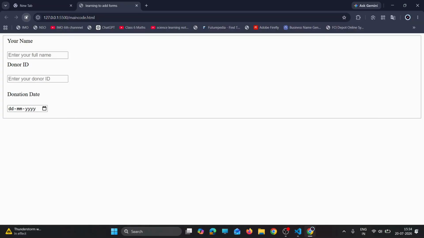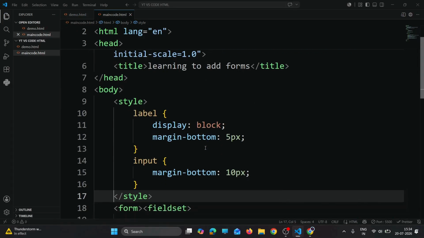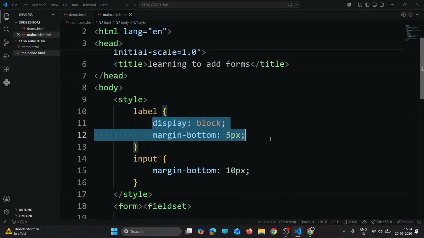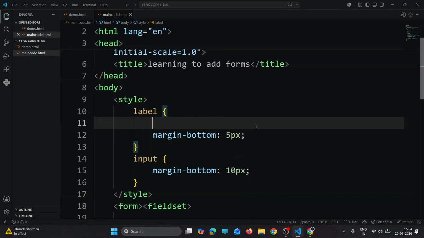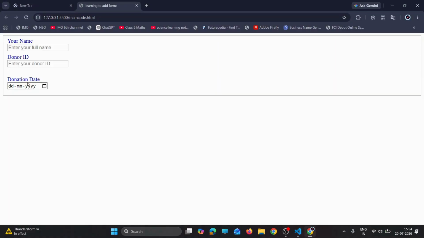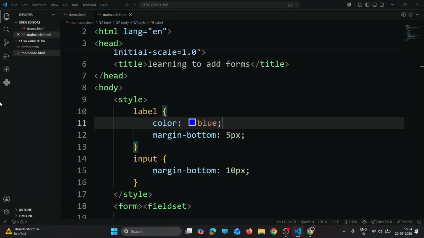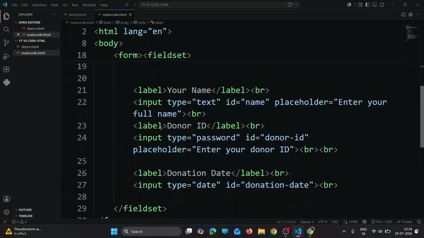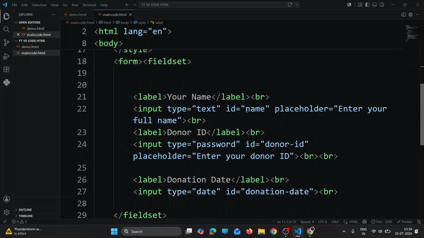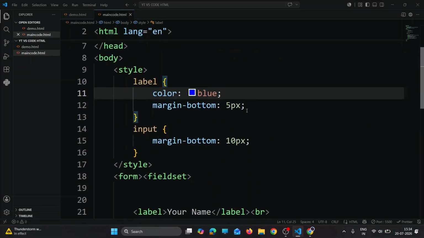Okay, so when we go on the website, you see what happened. Display. I don't want this. I want the color. So what happened? The text got blue. Then this was a label for name. Okay, when I